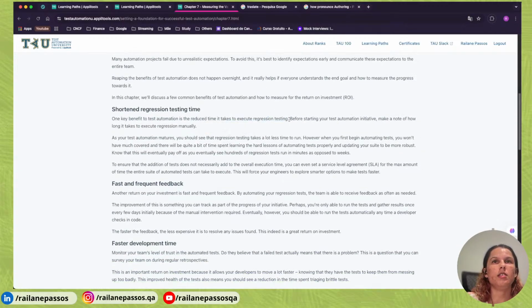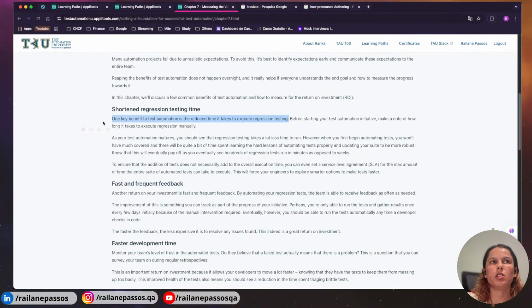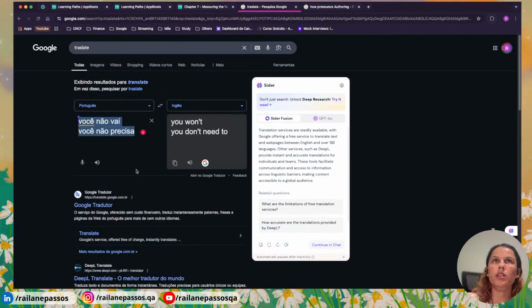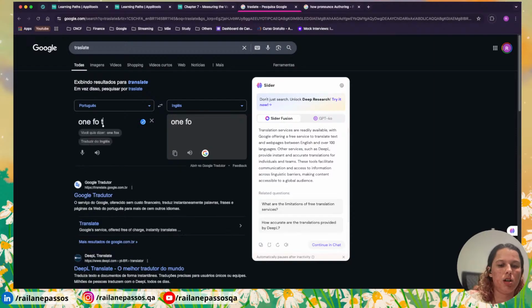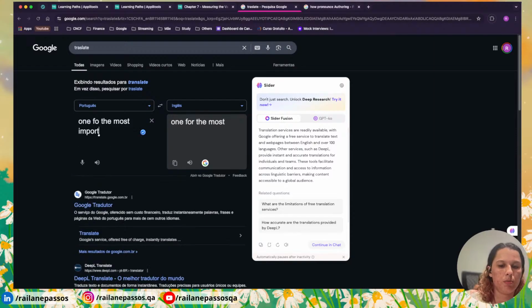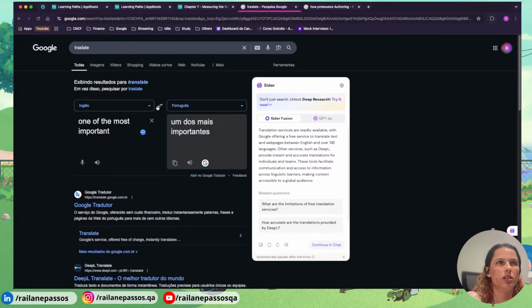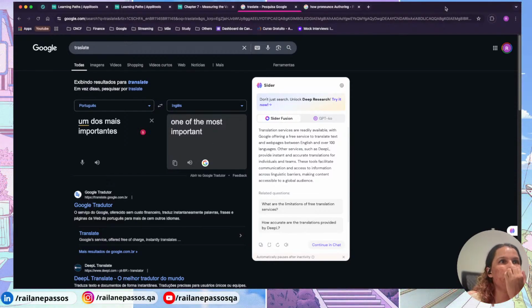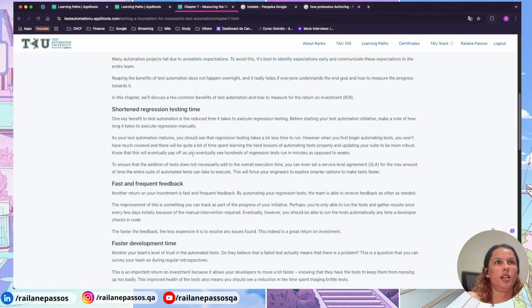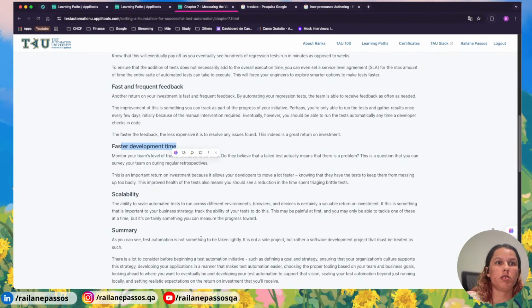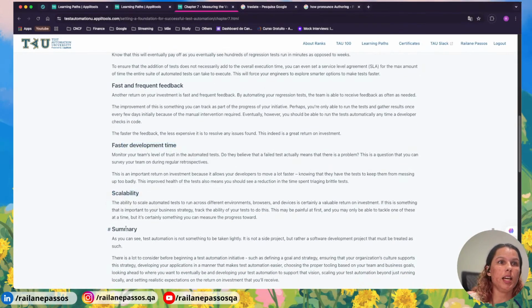It's one of the most important things of the automation: fast, frequent feedback, faster development team, scalability, and